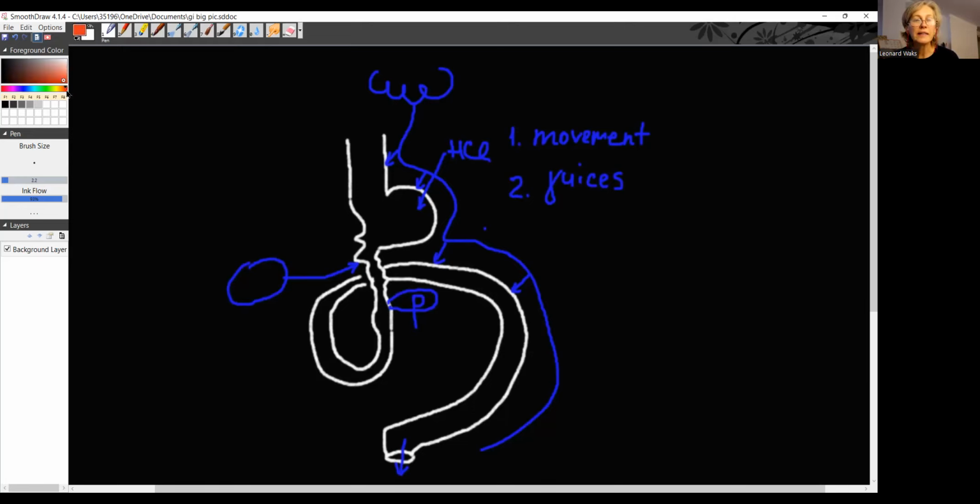The digestive tract is heavily supplied by blood, and I will draw it red. The blood vessels actually have two purposes here. Number one, when the food gets broken down in the digestive tract, it gets absorbed into the bloodstream and delivered all over the body. The second purpose is that this blood supply brings oxygen to every single cell of the